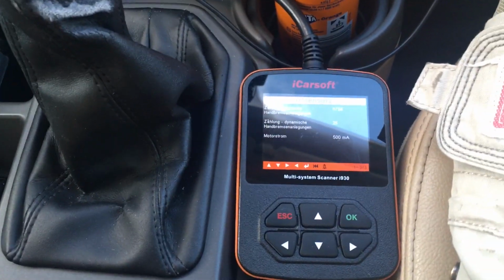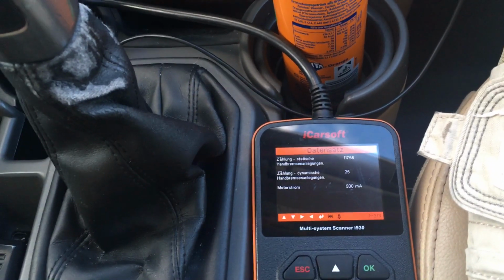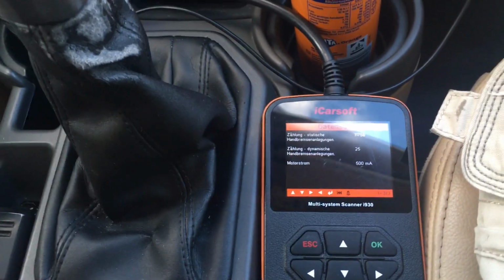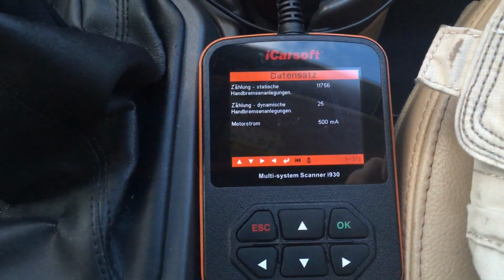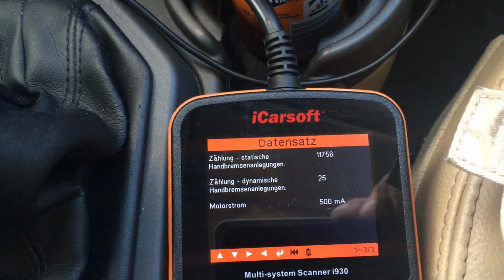Then we also tried by letting the vehicle roll a little bit, like with 2 or 3 kilometers. We just let it roll and we close the parking brake. Then the buzzer goes off, just like when you do it while driving, but it also didn't count it. So I can't tell you what the 25 is, but I find it very interesting that you can display this